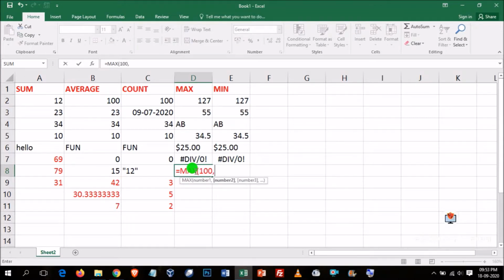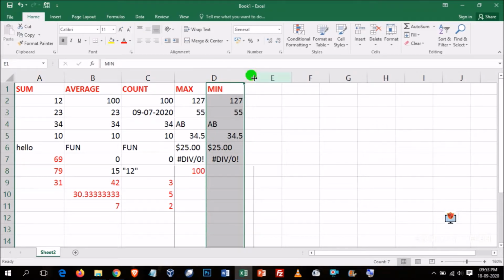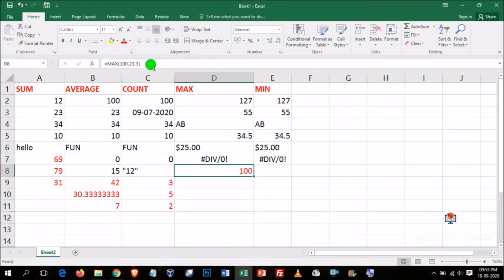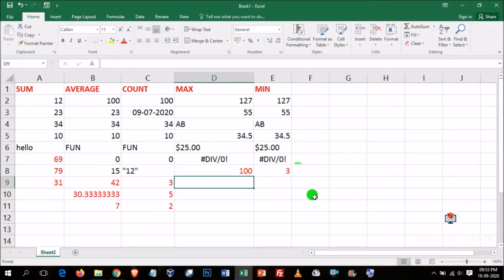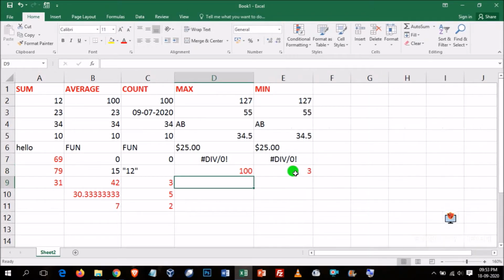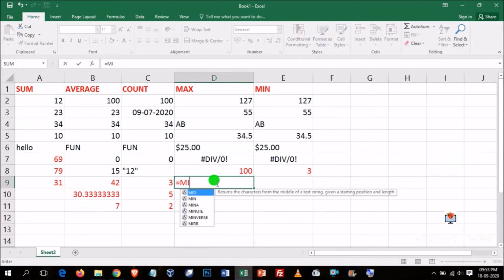100, 23, 3. So what is going to be the answer? Common sense gives the answer 100. What I have written here is the maximum value out of 100, 23 and 3. The answer is 100. So let us see. Equals to min 100, 23, 3. What is going to be the answer? The answer is going to be 3, because the minimum of the values 100, 23 and 3 is going to be 3. So another one is equals to